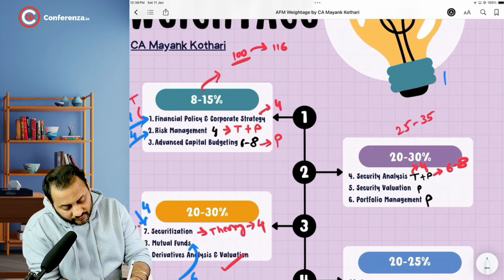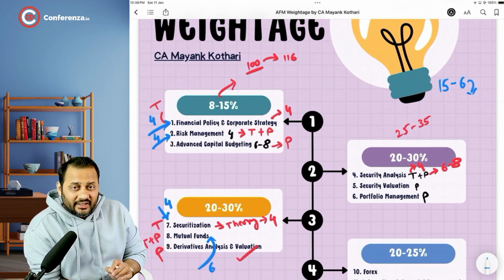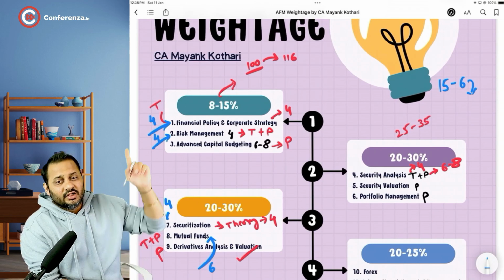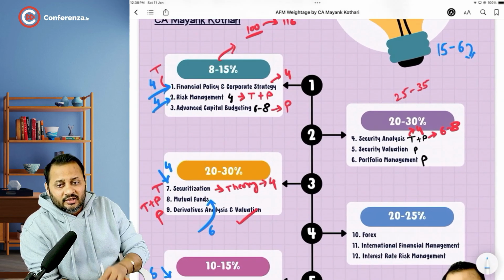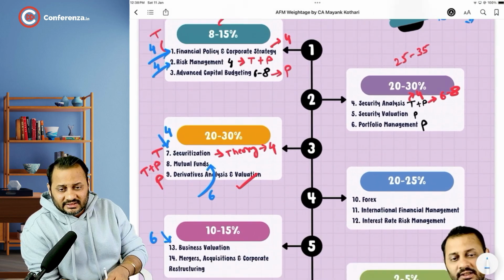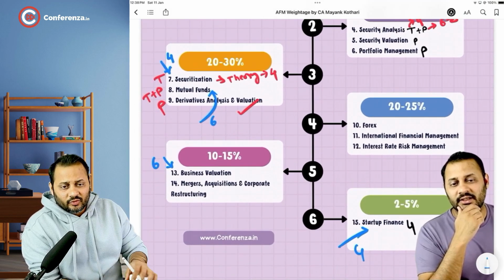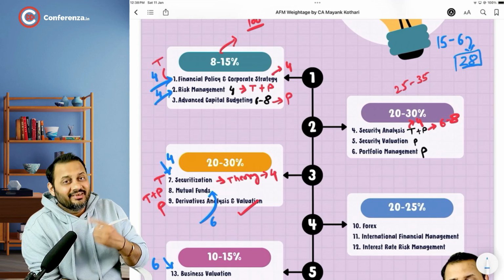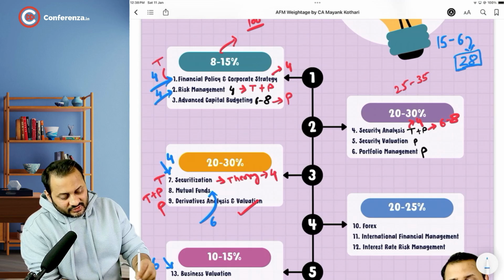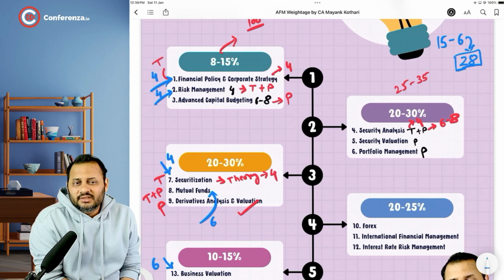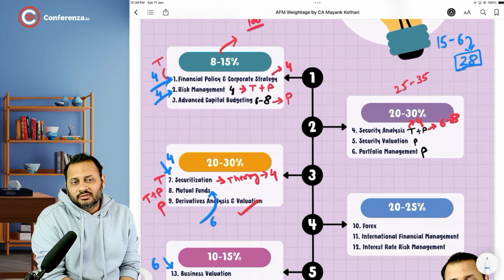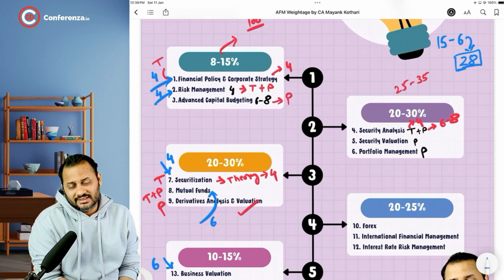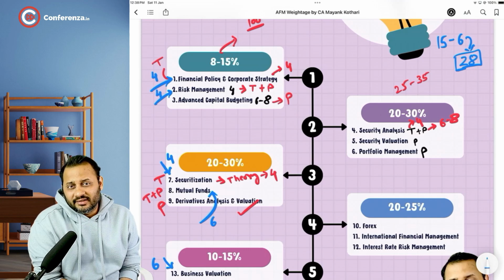See, out of 15, 6 chapters are there which can be completed in lesser time, and you can score good marks in it. So 4 plus 4 is 8, plus 4 is 12, plus 6 is 18, plus 6 is 24, and 4, that is 28 marks of the questions out of 116, not 100. So if you can easily score this much, then you can push your chances of passing the exam pretty well,